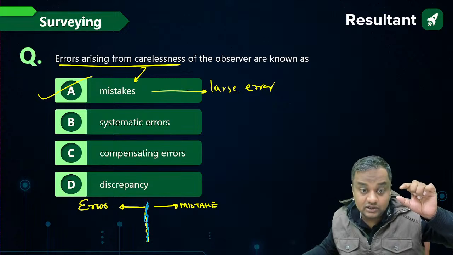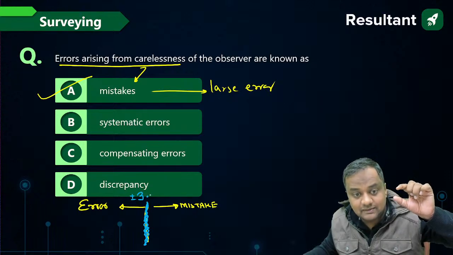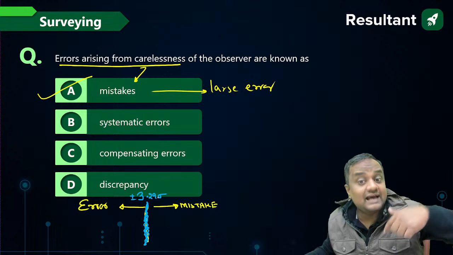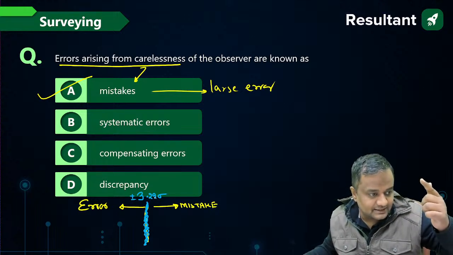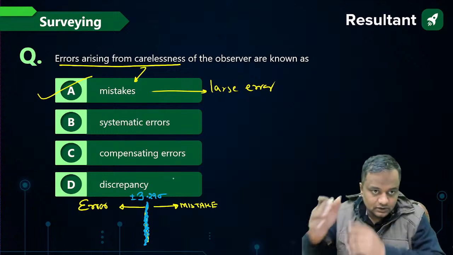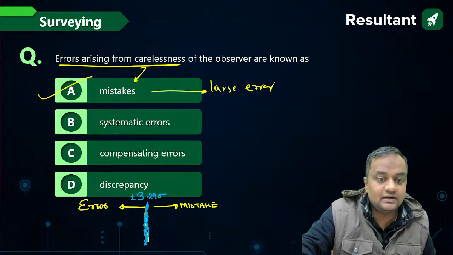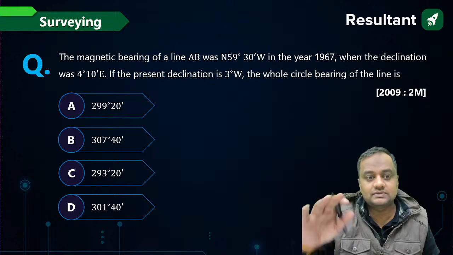No one? I told you, if you see your notes in the theory of errors chapter, that the boundary is plus minus 3.29 sigma. The error beyond this value is called a mistake. Correct? Emax. Yes, Syam Babu. Got it? The error more than plus minus 3.29 sigma, either on the plus side or minus side, is called a mistake.